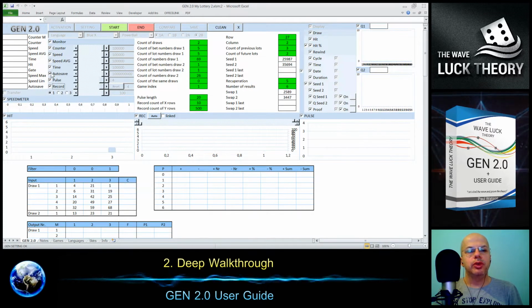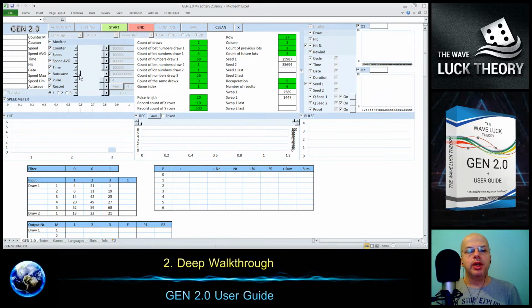Also, what is not related to the monitor and is independent, is the autosave. And for the autosave today, I put a lower value, because otherwise it's just saved after 1 billion cycles. It's good to use it not to lose your generation over time, so you won't be happy if you lose it or something falls down after 2 days. You do not want to lose 48 hours of generation. So it's good to have autosave